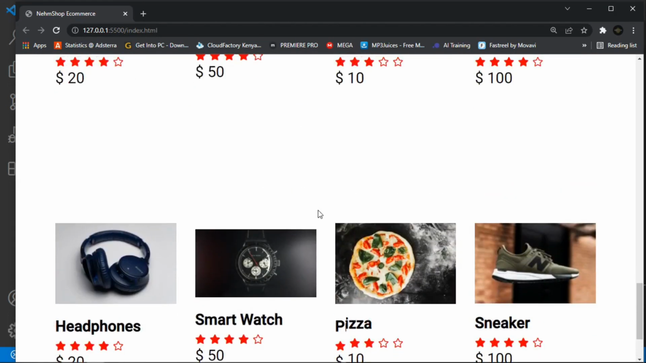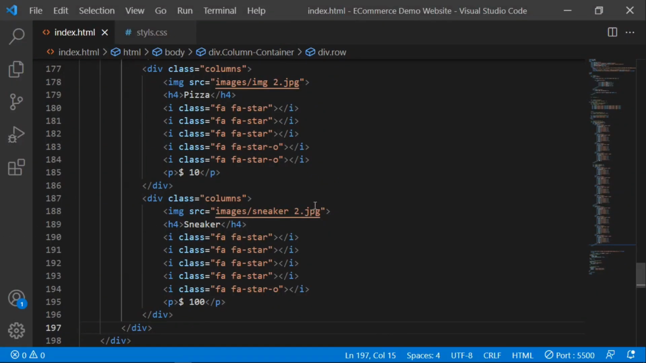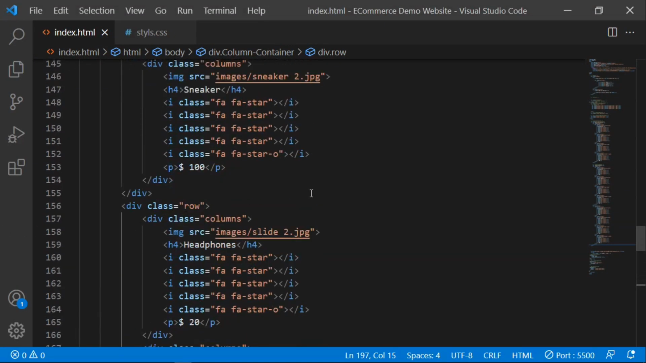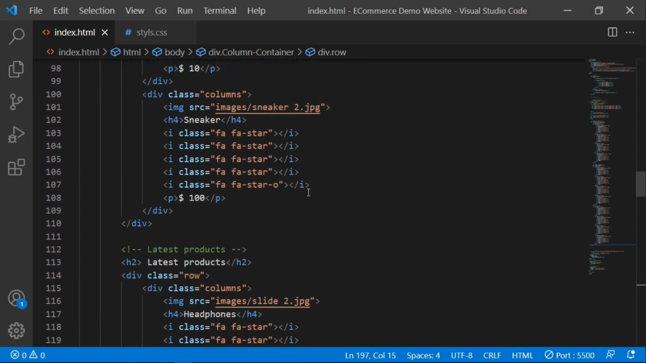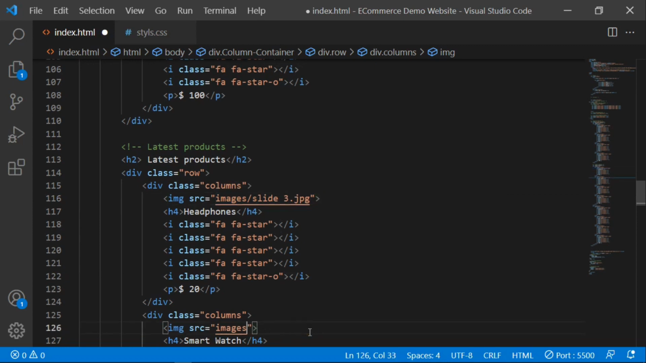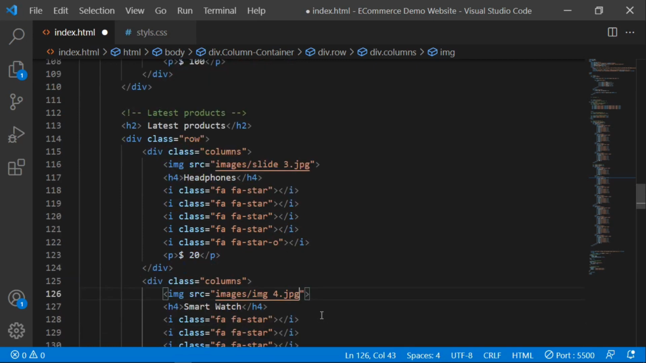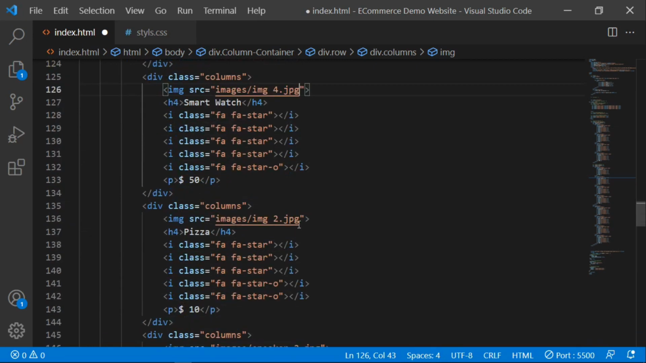So guys, let me just change the images here for the latest products. So let me just choose, where is it, does it begin? So here let me say slide, perhaps let me say 3, and then here let me just change to the image. Let me just choose perhaps image 4, and then here let me just change to